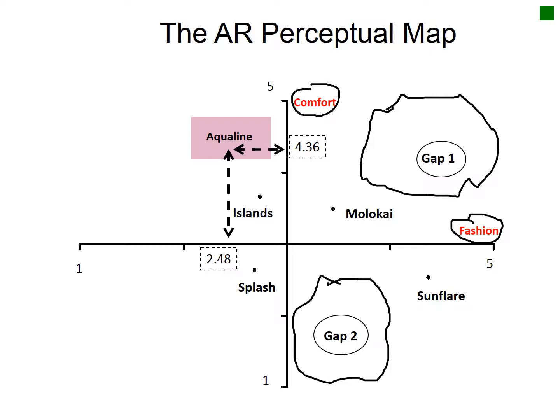Okay, so if we think about where we're going strategically and in product development, then what I would have to do is build more comfort into my product in order for it to be desirable. And if I built more comfort in, I'd move up. And if I used more fashion designs, if I built more fashion sense into my actual products, I'd move over